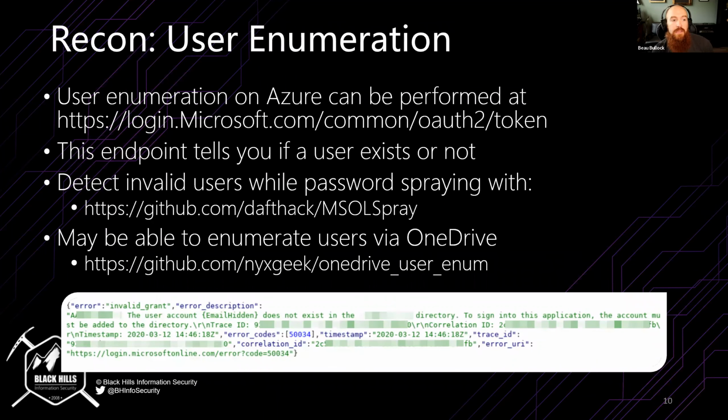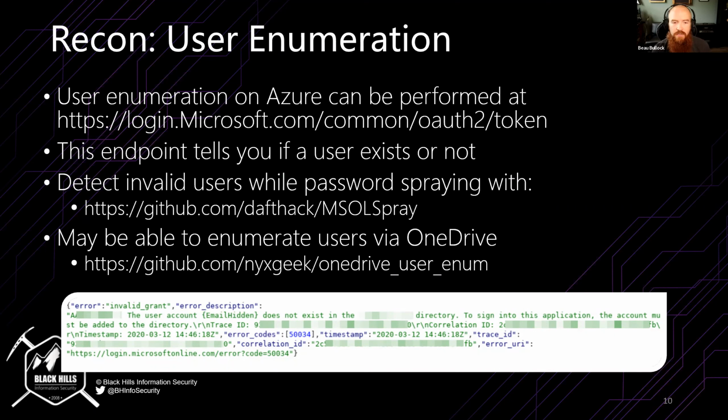Username enumeration is another big topic for us as attackers, because if we're going to perform any sort of password attacks, we have to have a good user list. And in general, when we start attacks, one of the things we will do is try to enumerate as many employee names as possible through sites like LinkedIn and various other tools that can help us gather employee names. And then we'll try to mangle that into a list of actual employee email addresses. And there have been a number of different username enumeration vulnerabilities over the years, and one of them that is still there is this Microsoft login